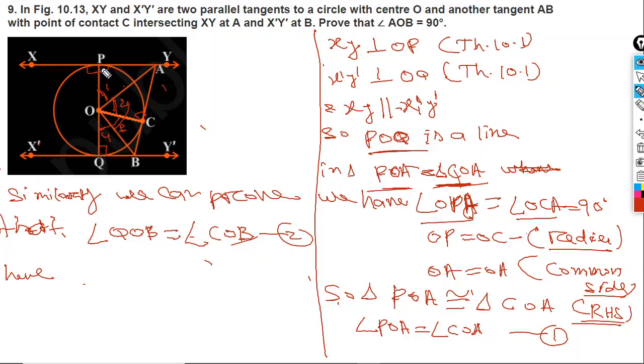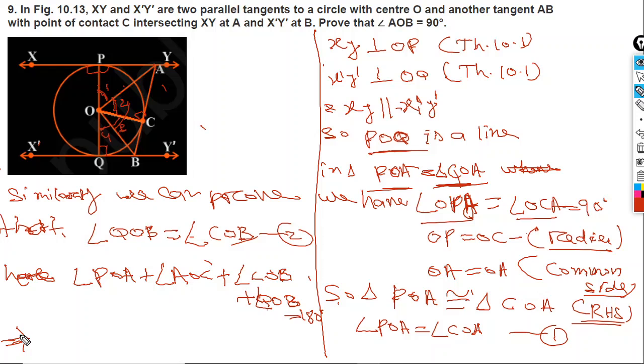So you can write here angle POA plus angle AOC plus angle COB plus angle BOQ, or QOB, you can write QOB, equals 180 degrees. Implies,